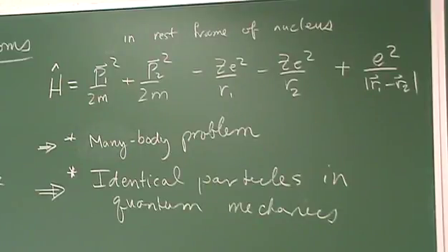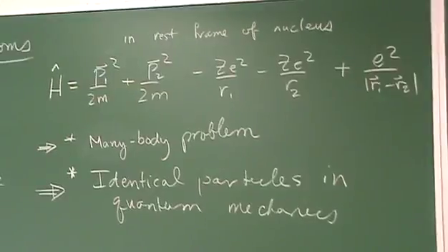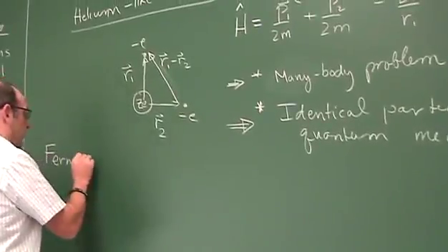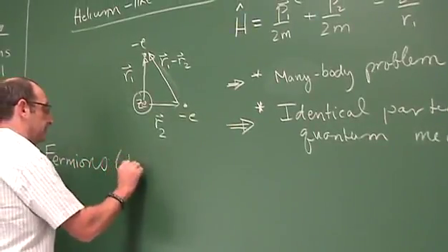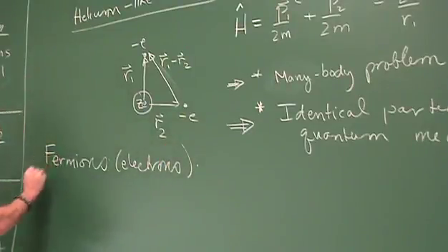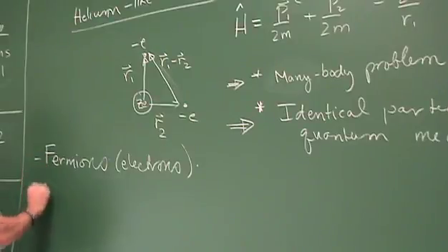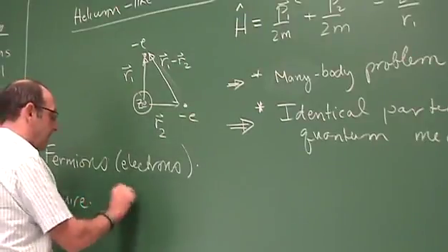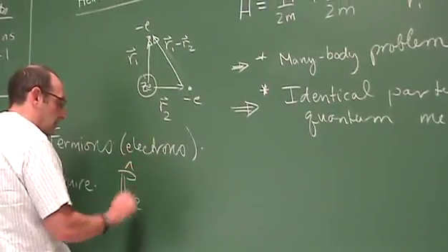Multi-electron atoms, with more than one electron, we have to deal with the issue of identical particles. So to remind you, of course, what we know is we have electrons or fermions, so we have to think about Fermi. We have fermions, the electrons. And so we have the requirement that if I exchange any two,